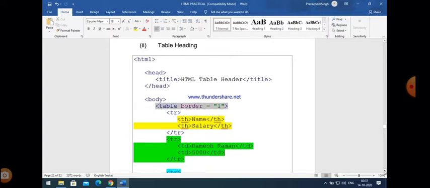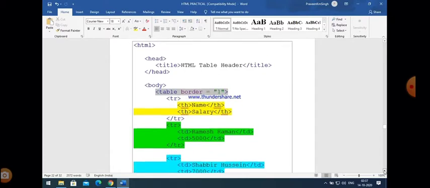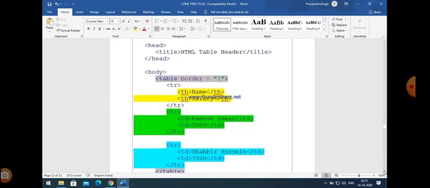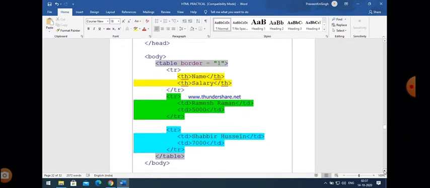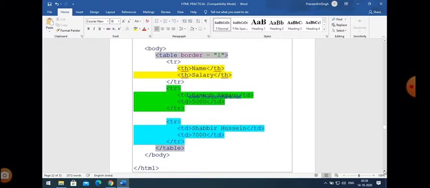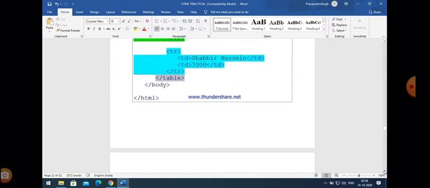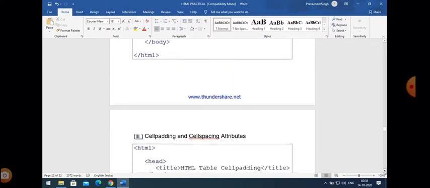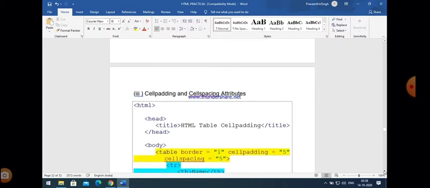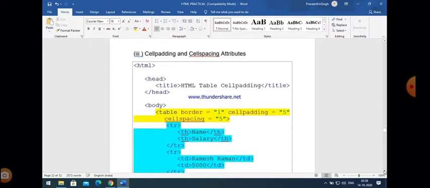For example, if you want to draw a table in which there are two column names, name and salary, we use th in place of td. You can easily see on the screen that in the first row we just put the values th name and th salary. th is basically a tag here, so within the th tag we define the column heading.